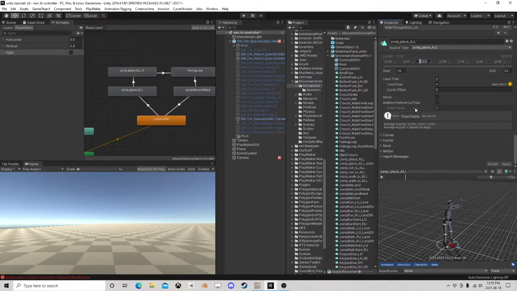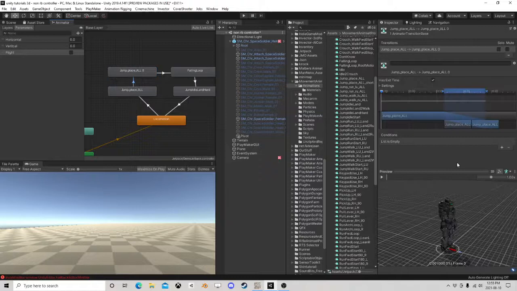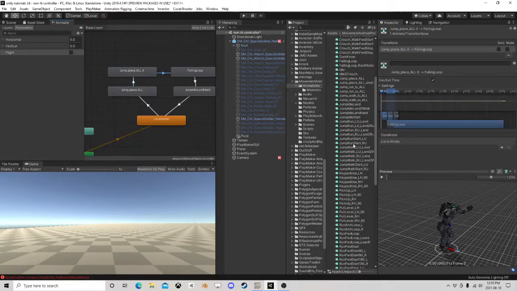Alright, so now that we have that, let's just take this one. So this is a jump all in place. And we use that same animation. Right, so now he jumps and we want to go here and start blending it in. Just like that. And then for the falling,